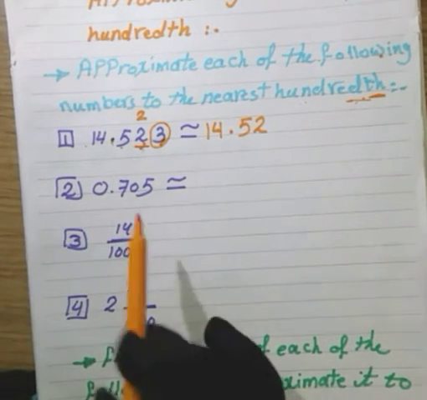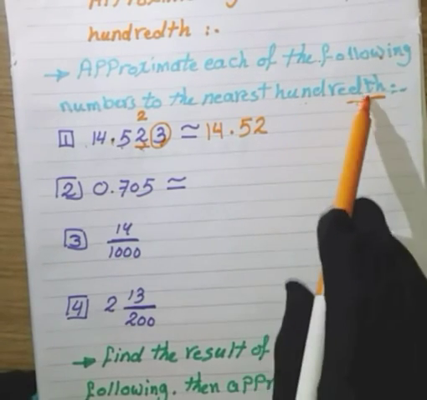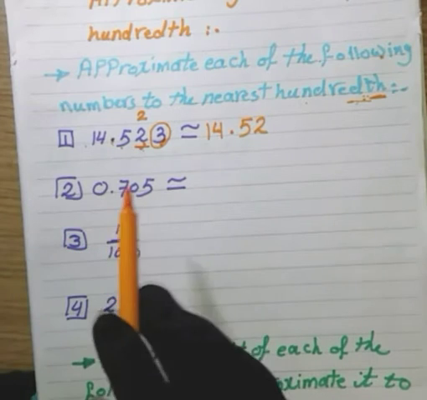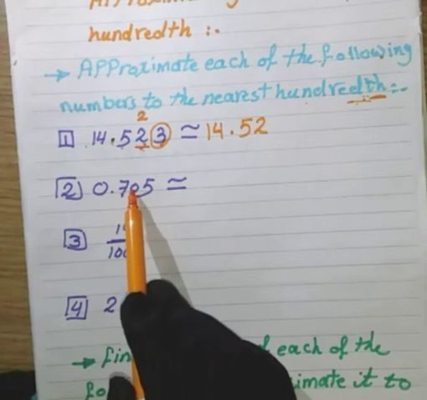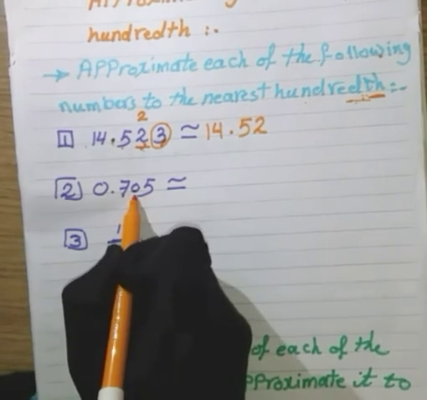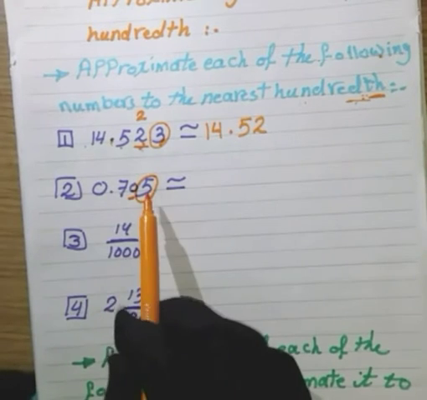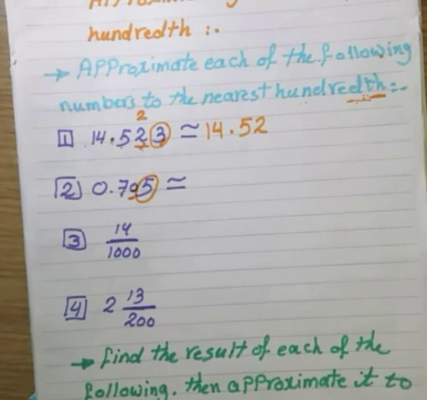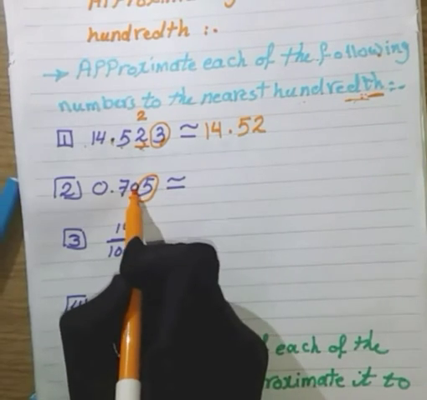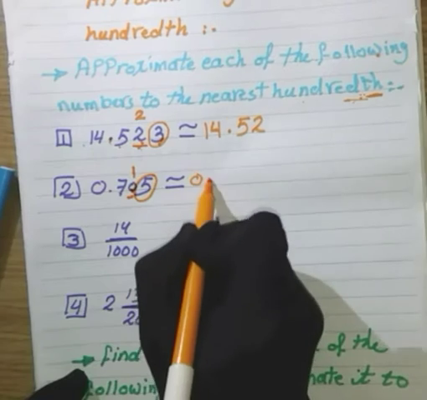0.705 or 705 thousandths to the nearest hundredth. Where is here the hundredth? اتفقنا قلنا after the decimal point tenth, then this digit is the hundredth. So underline 0 and circle 5. 5 is a weak or a strong? 5 is a strong number, means it has a lot of power. So it can push this 0 to be 1. My answer will be